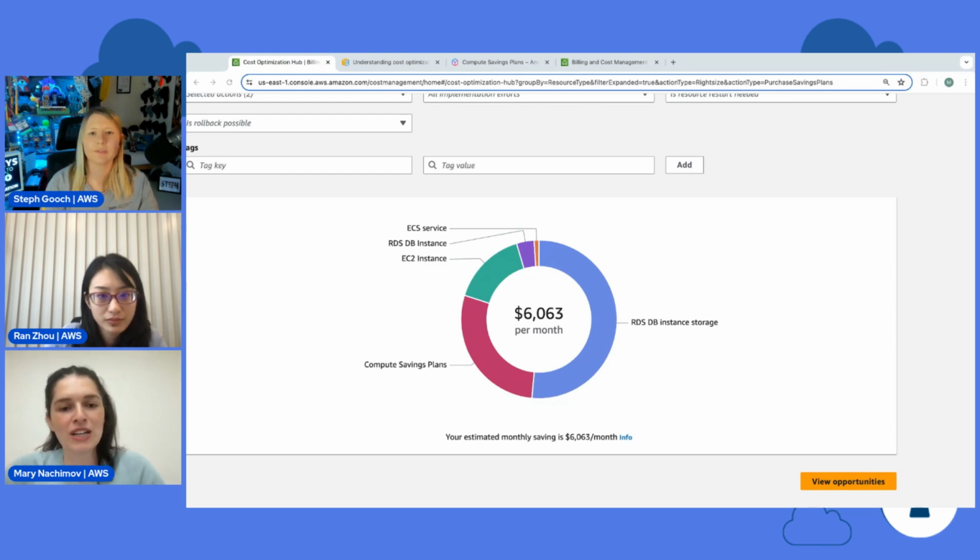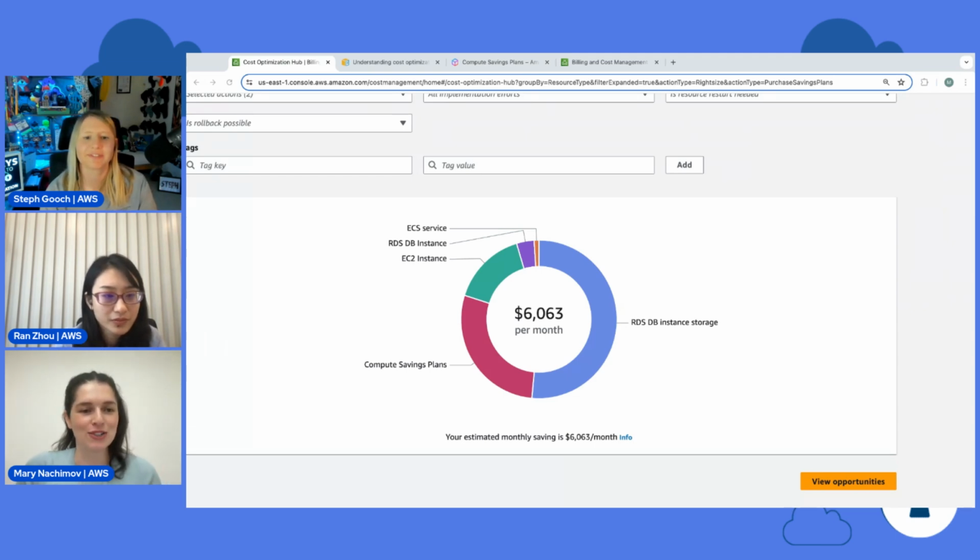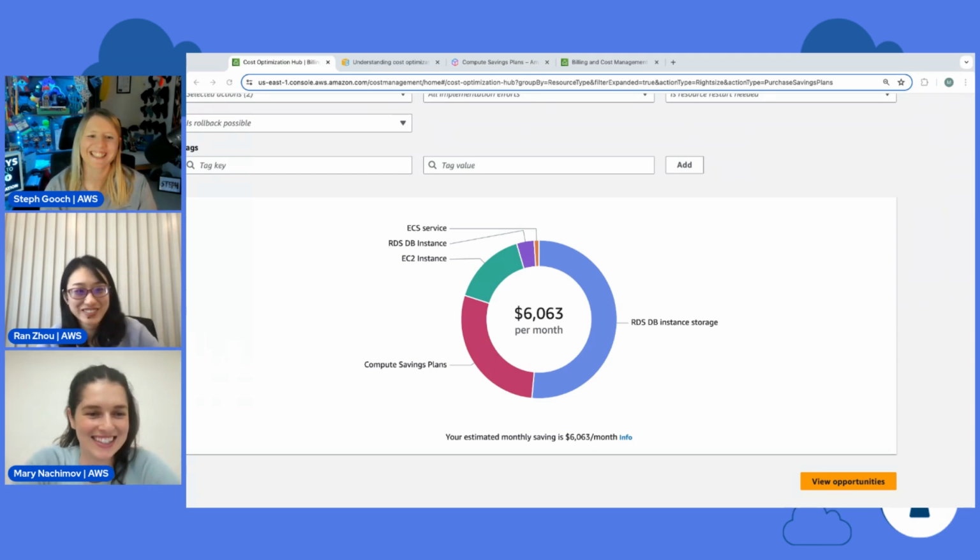But how do we really do it? Because we have compute savings plans here and EC2 instance types, and we all know that when you rightsize and you purchase savings plans, if you just add it all up together, it might be higher than your bill. So Ran, what kind of auto-magical thing do we do here to realistically present the savings?